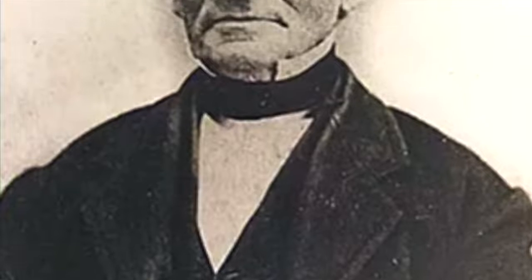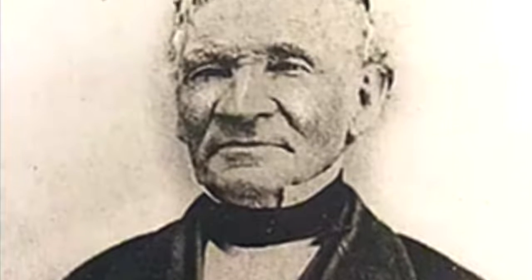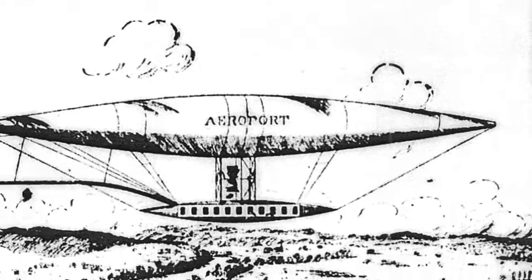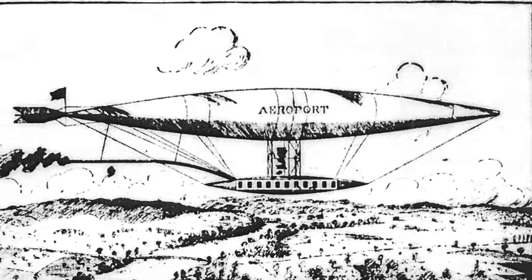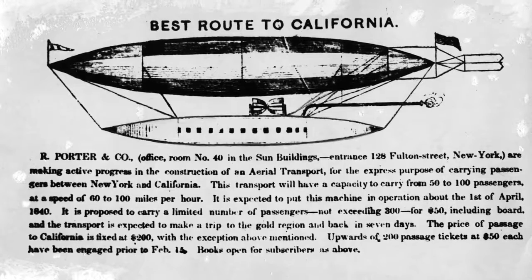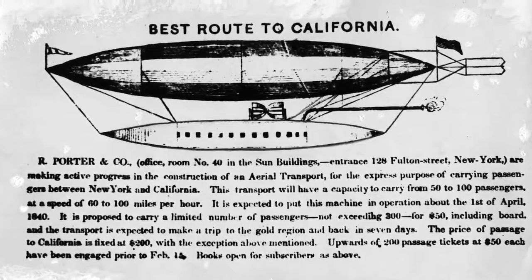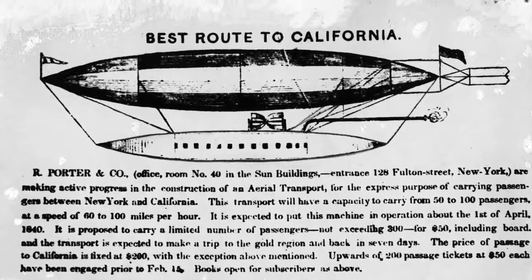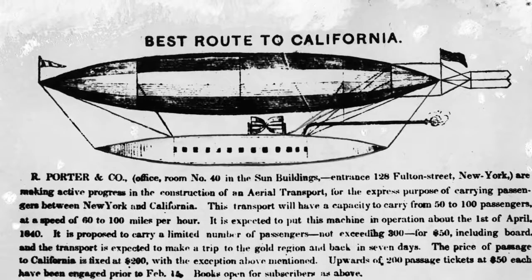There was also the promise of a newfangled way to go west, by airship. In 1849, during the fevered frenzy of the gold rush, a New Yorker named Rufus Porter, who incidentally was the founder of Scientific American magazine, was convinced he had the ultimate solution for beating everyone to the gold fields: an 800-foot-long aerial locomotive made of giant balloons powered by steam engines. Before he had even tested his invention, Rufus began advertising that in just one flight, he could transfer an average of 50 to 100 people to California in as little as 3 days.